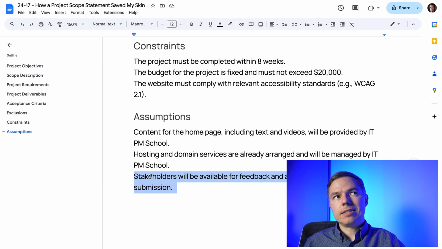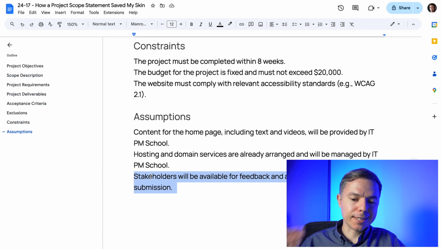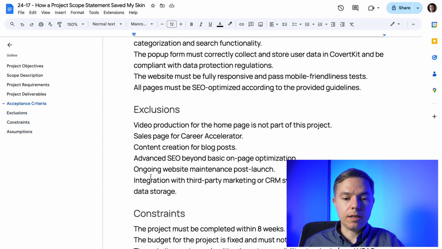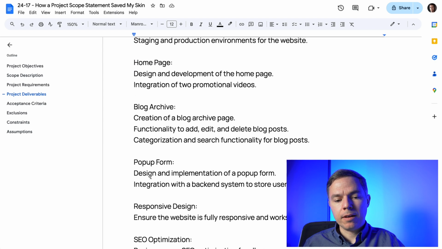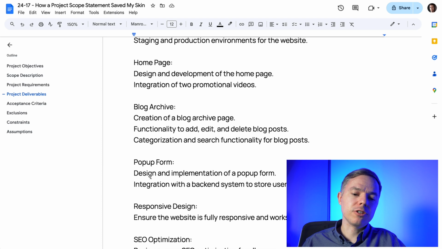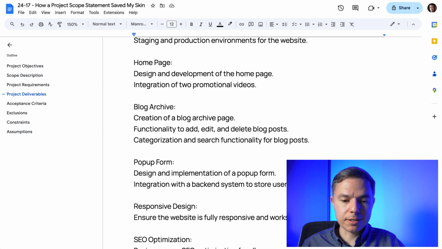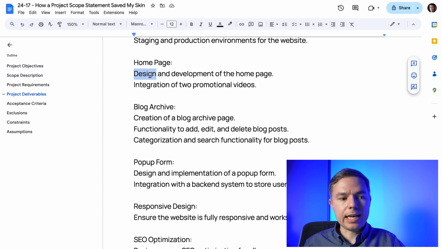This is another assumption that comes mostly from experience, because there are a lot of things going on here. And these project deliverables are only final versions of deliverables. But if you know the software development lifecycle and have the experience, you understand that design will never happen in one iteration.